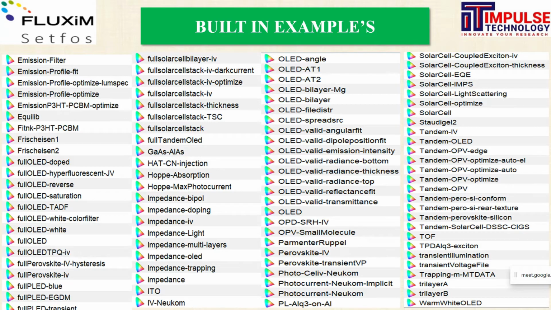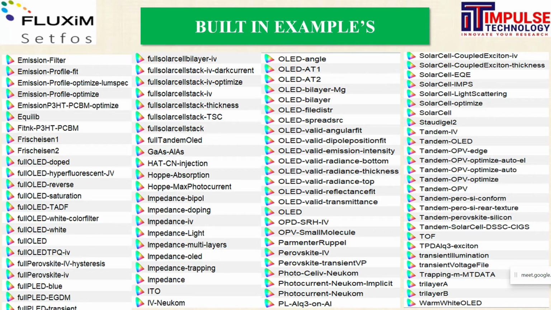So, as you can see on the screen, there are many examples for solar cells, LEDs, tandem, full perovskite, steady state, transient, variation of thickness, impedance analysis, radiance, photocurrent analysis, and many more outputs beyond that.